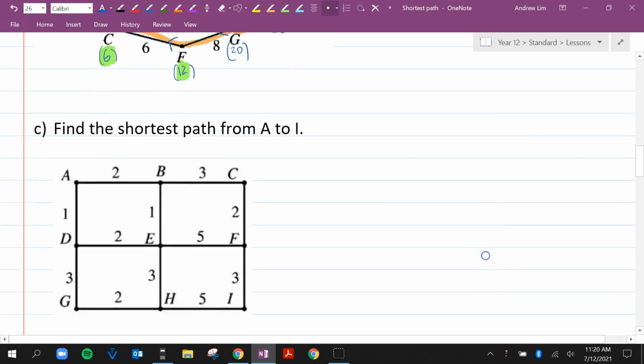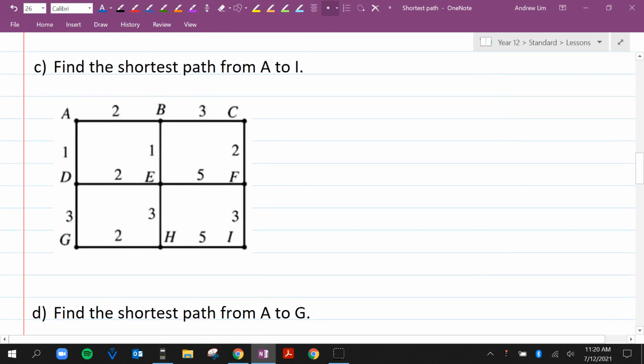Alright, let's have a look at question C. This time I'll get you to pause the video and have a go with this one yourself. Alright, let's have a look at this one. So we know A is 0. To B, 0 plus 2 is 2. From this way. D is going to be 1